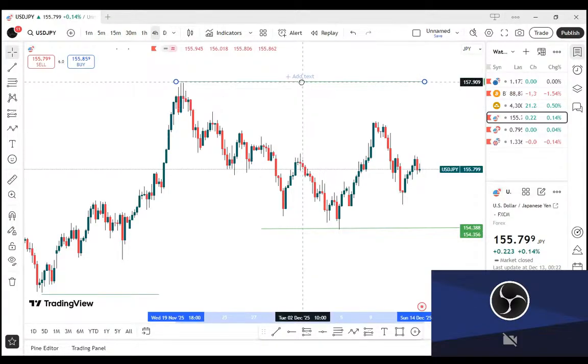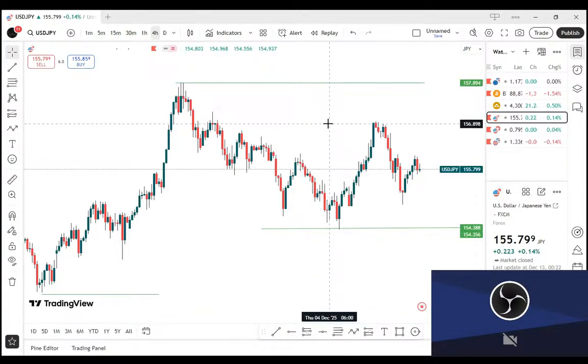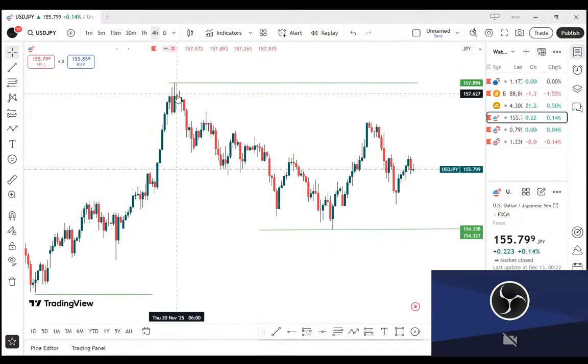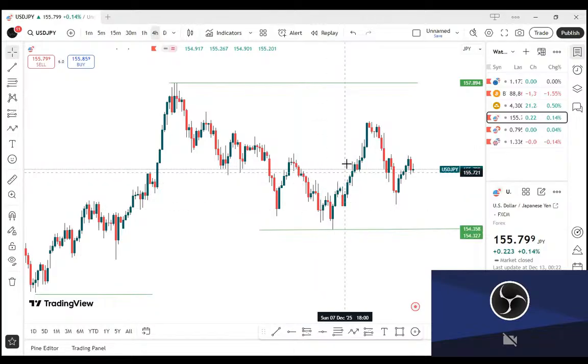Just mark out your key points of interest to show the direction of the market. Look at the direction of the market, and then you mark it out and you exit. So this USD price is currently giving us a downtrend move, and here price gives us a swing to the upside and